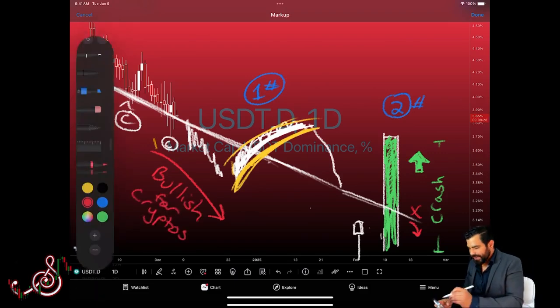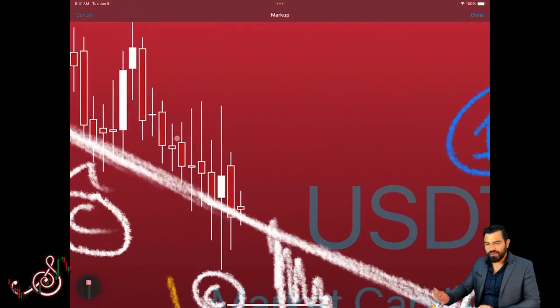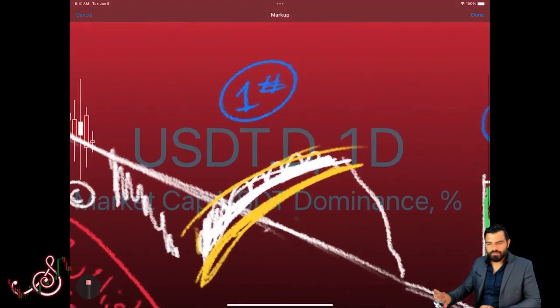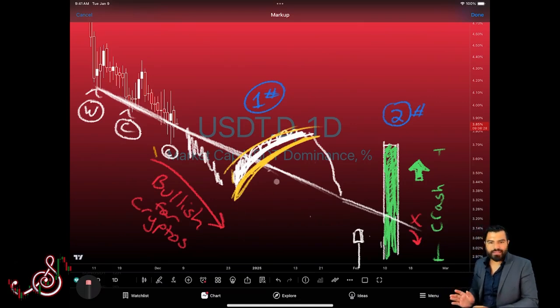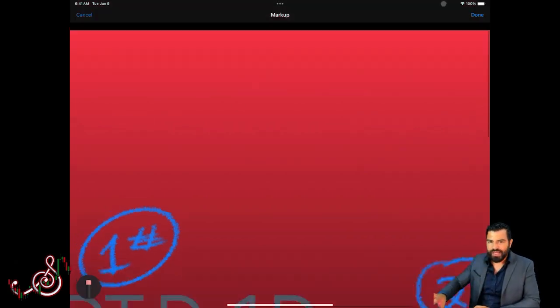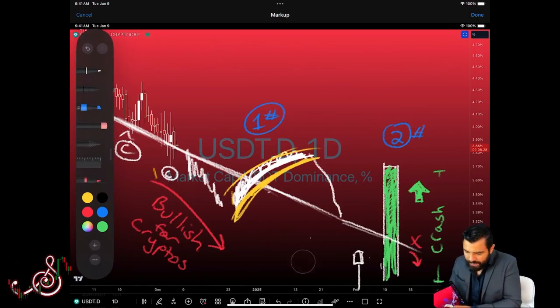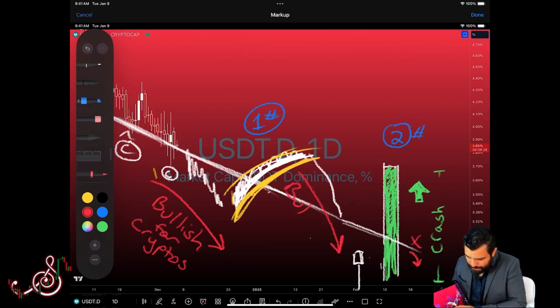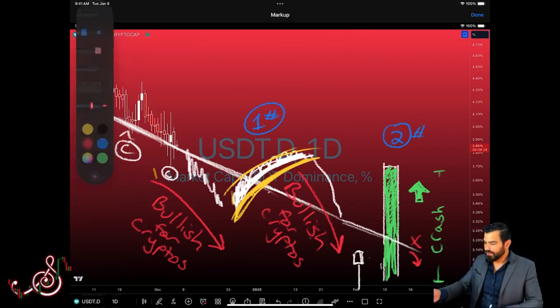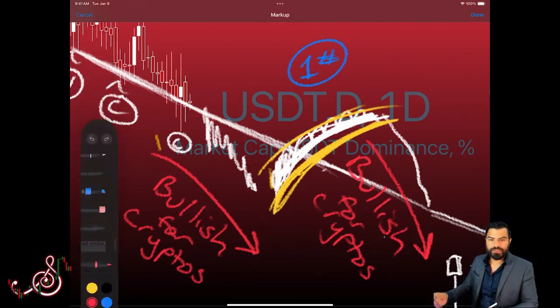Remember that. Our USDT.D map we read inversely. When it's going down, we're bullish the markets. That's why we've been so bullish. When this goes up, I believe this is going to represent that same dream that I had about XRP that went down, and I'll show you on a curve like this. And then there was another pump for XRP. This move will be bullish for cryptos, but also this one, bullish for cryptos. I believe we're actually still in this territory. Remember, we're still in that territory, so we want to be bullish right now based on our current map.